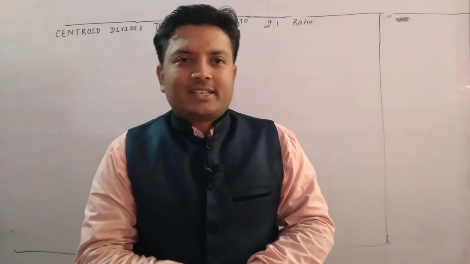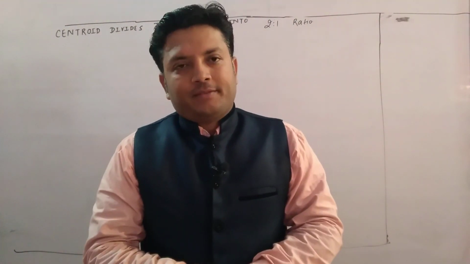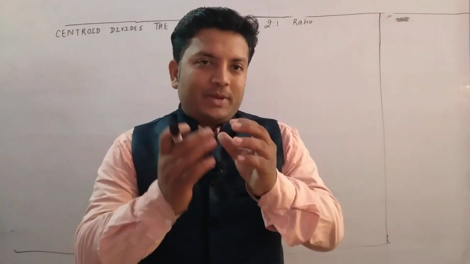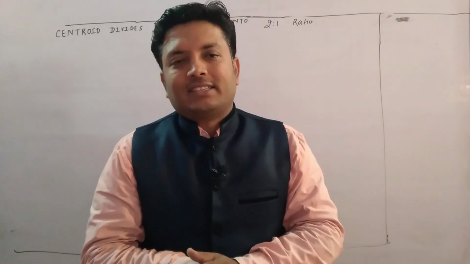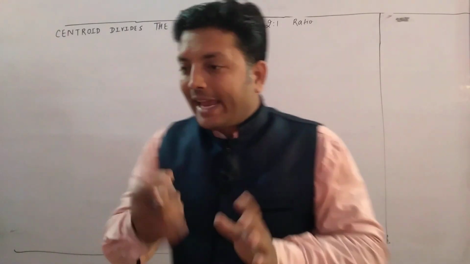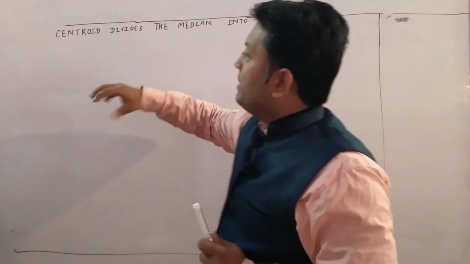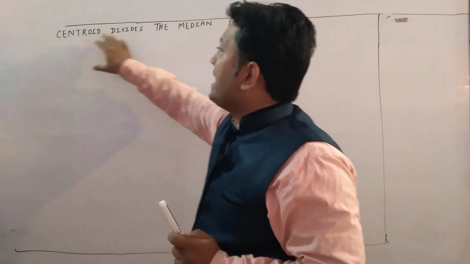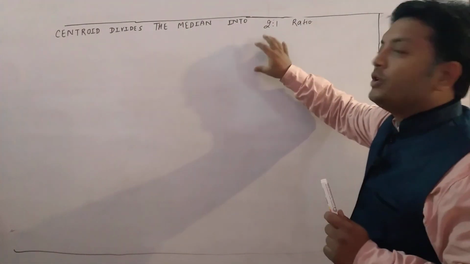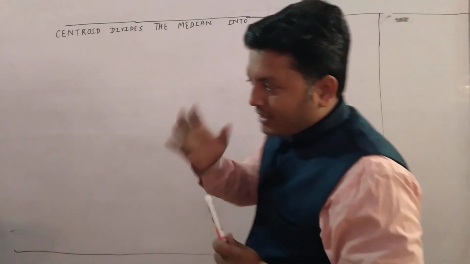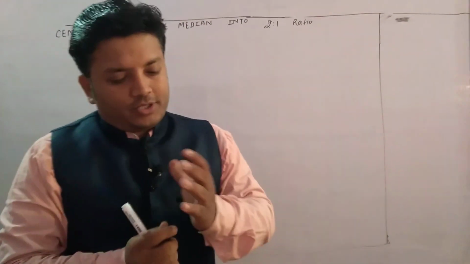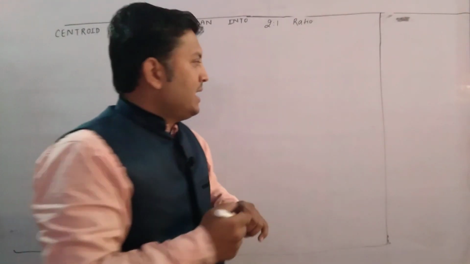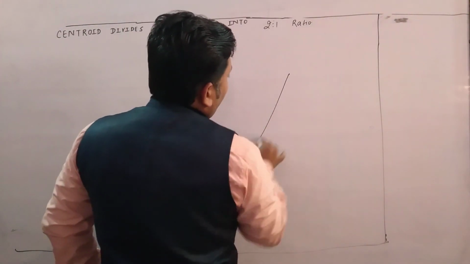Today I will start a new chapter in which we have to discuss a new topic and new concept of class 10th, that's name is coordinate geometry, in which we will study about centroid divides the median into 2:1 ratio. First of all, we have to know about centroid. What is centroid? As we know that in a triangle,